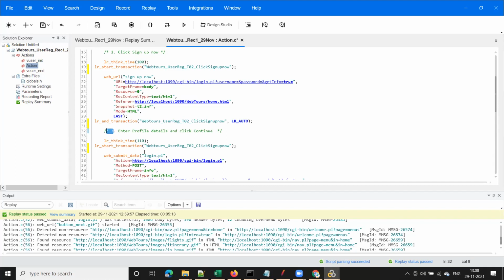This is step number 3. On seeing the comments, you'll see here, right? This is the purpose of comments. Okay, I follow this approach. Some people, while recording itself, they will give the transaction names, but I prefer to follow this approach.